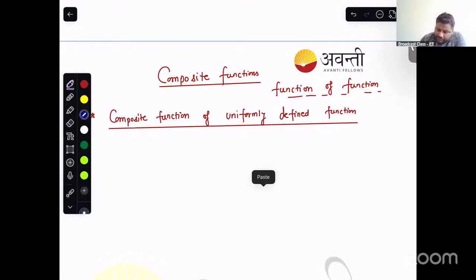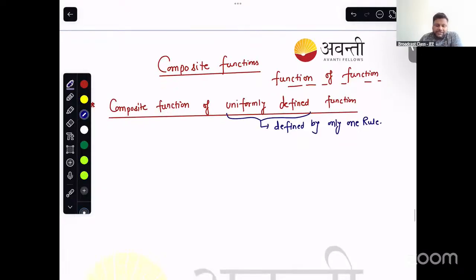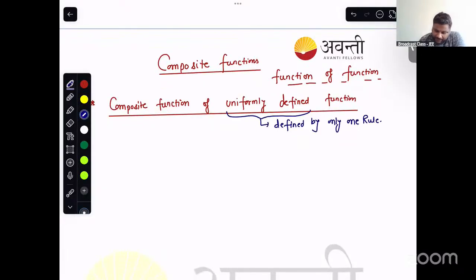Uniformly stands for defined by only one rule. Am I correct? So, just first of all, for a basic idea, let there is a function f defined from